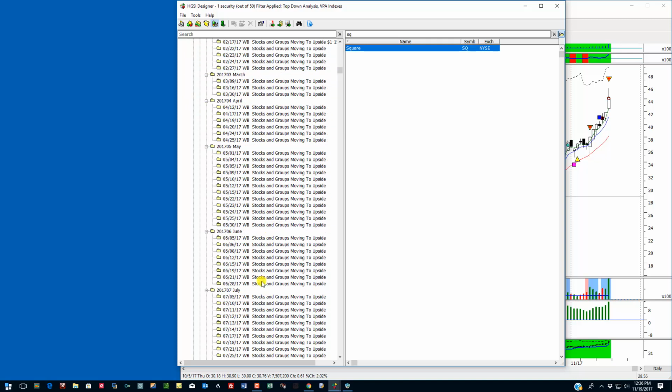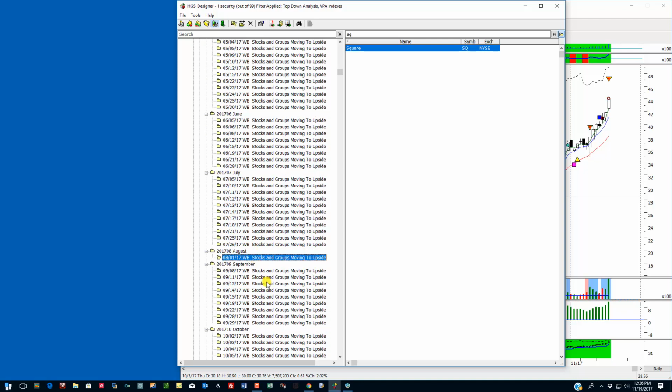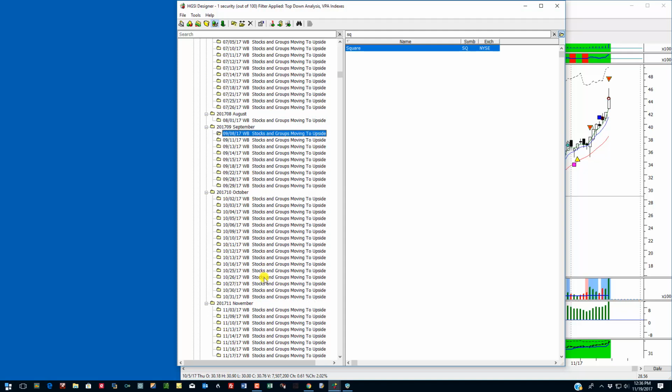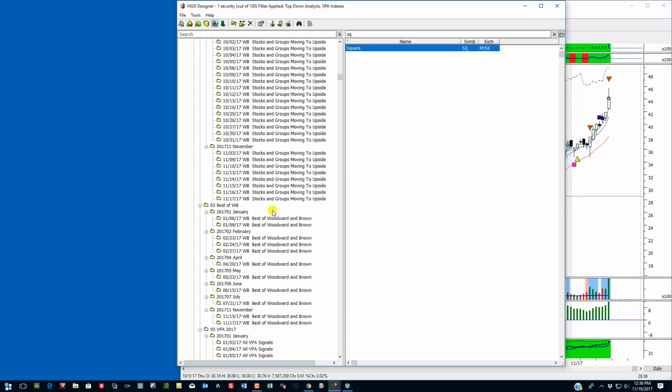Here is June, here is July, August only one time when it was consolidating, then September, October multiple times, and then in the Best of Woodward and Brown,